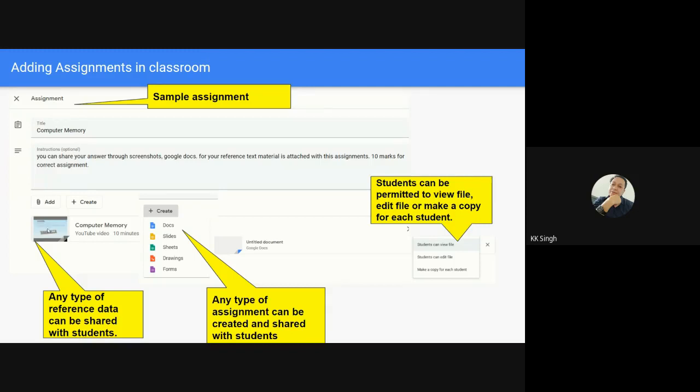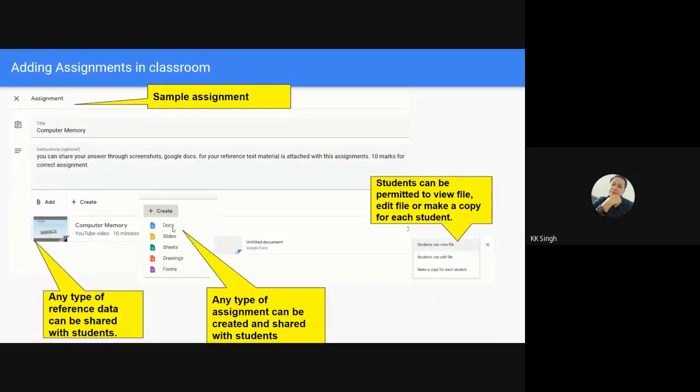This section will have the content from your Google Drive. You can link from a website. You can have a video from YouTube. You can add it here, or you can create from here.